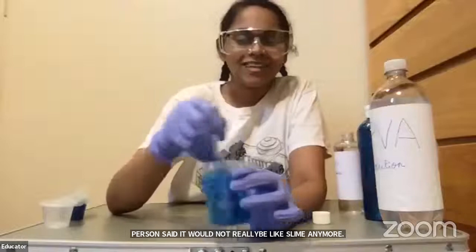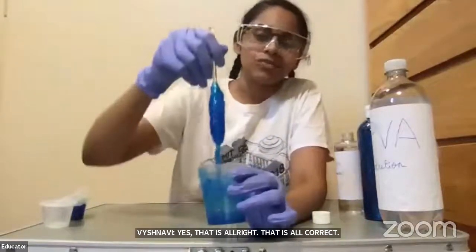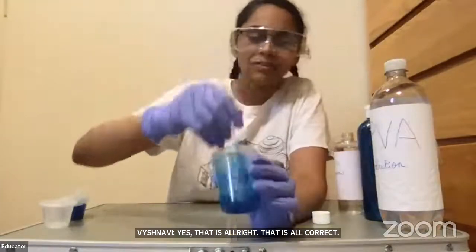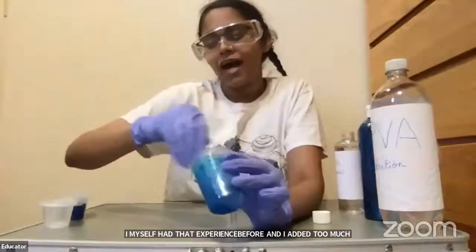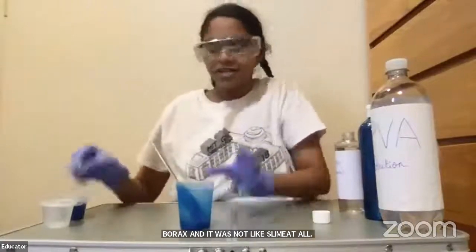I myself had that experience before, where I added too much borax, and it wasn't like slime at all. It was just too stiff. Do you see we have more slime now that we added more borax? I guess I will just add a few more drops of it and stir it one last time just to get any remaining